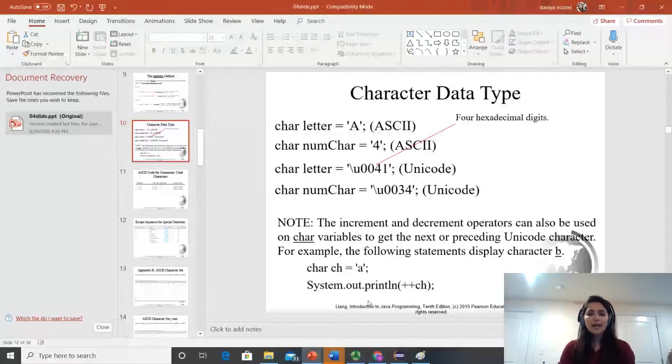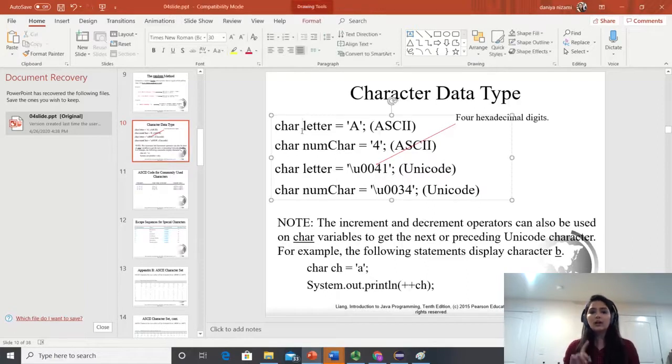Let's take a look. As you can see, ASCII stands for American Standard Code for Information Interchange. It's an association that created the ASCII chart. So this is known as ASCII, and this is an ASCII chart, and it represents some symbols.